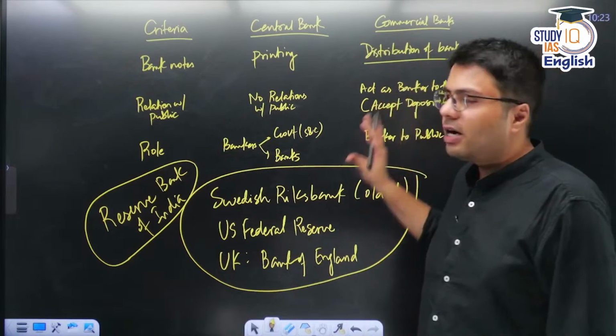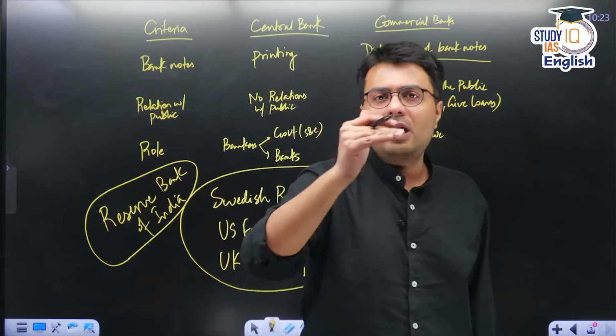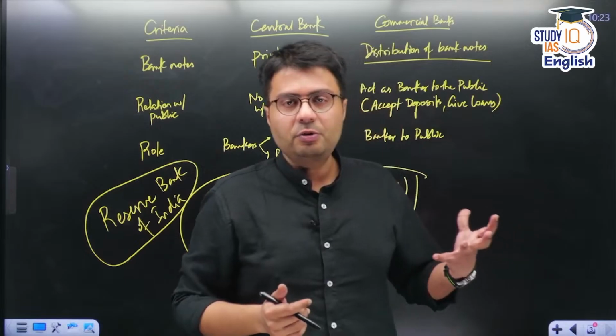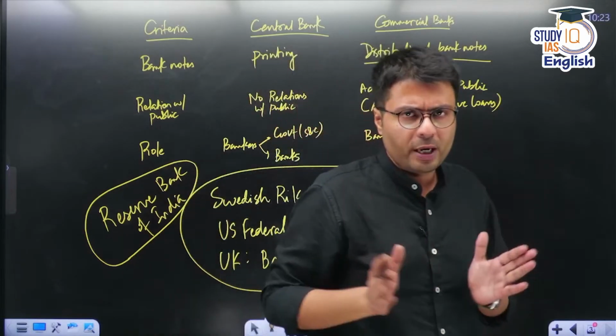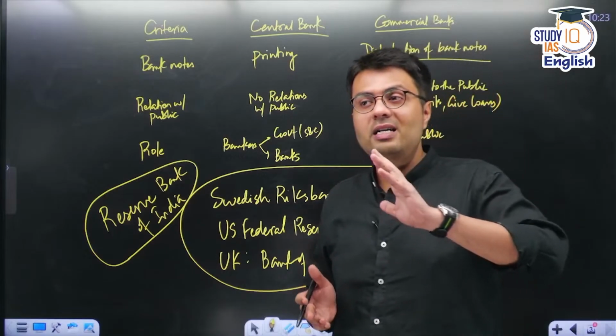Do not worry. What are different types of commercial banks? I've only touched upon the topic. I've told you the difference. There are two types of commercial banks, public sector and private sector. What are the more differences between the two? We'll cover it later on. No need to worry. So I hope this is the first difference that has made you understand the economy better.